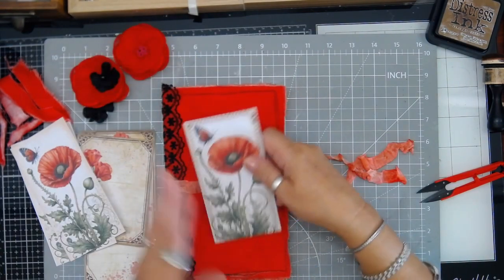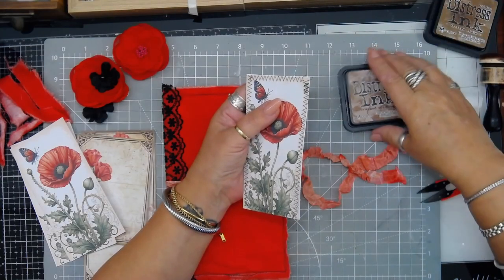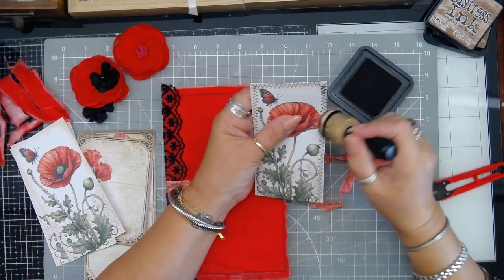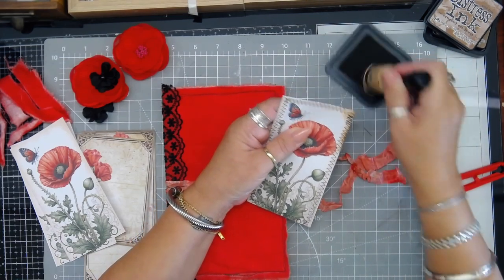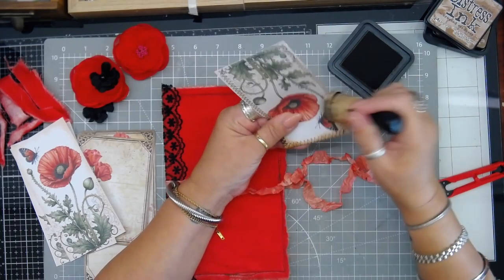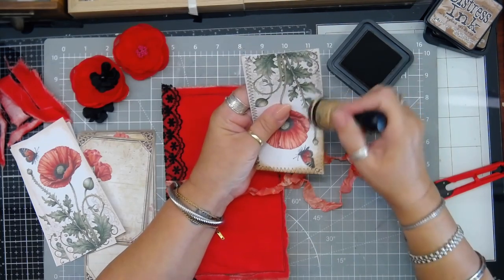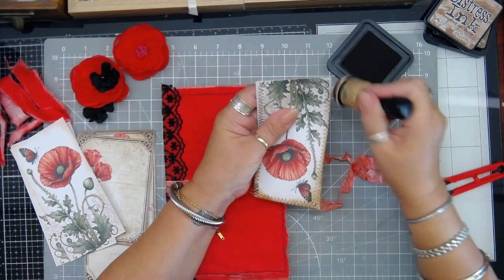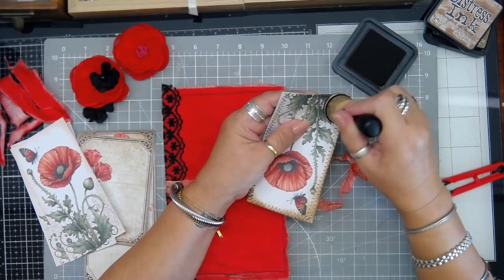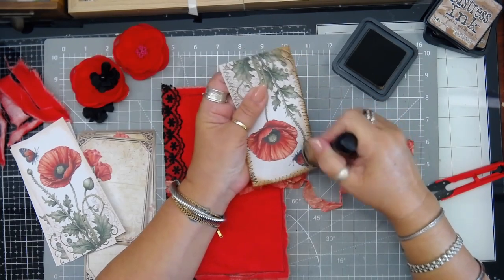So I'm thinking black card, and I'm thinking quite a dark stain. So I'm using brushed corduroy for this, and I'm going to do the outside a bit darker, and then I'll come in. I do like that green when you've got the green on here. It actually looks quite nice, but I really just didn't want to